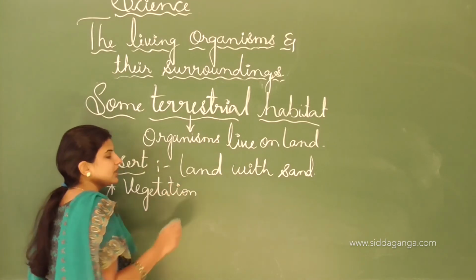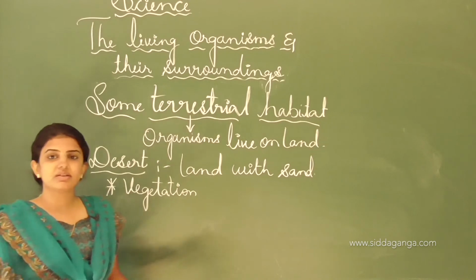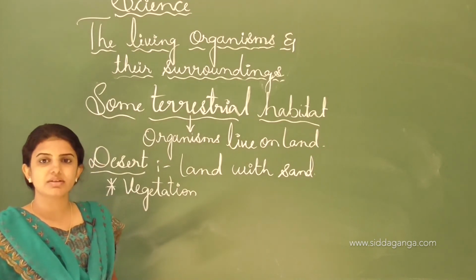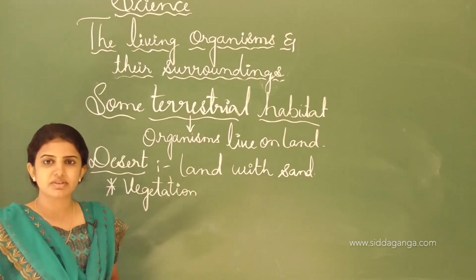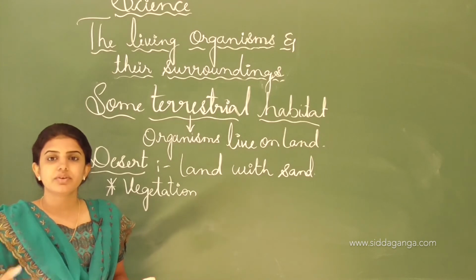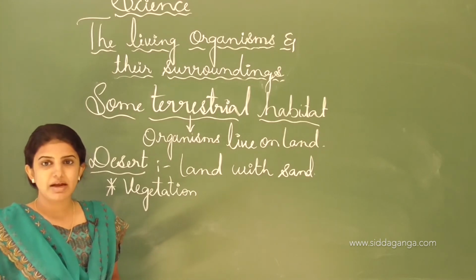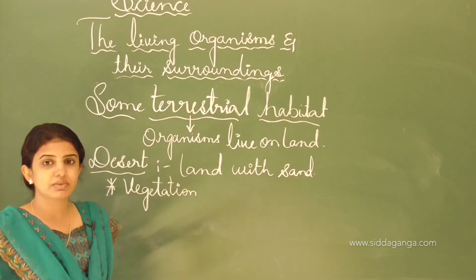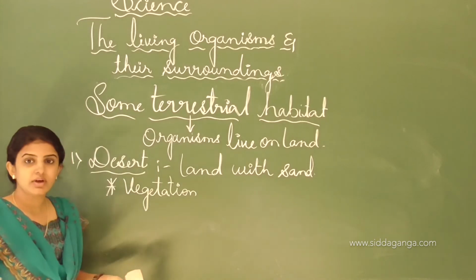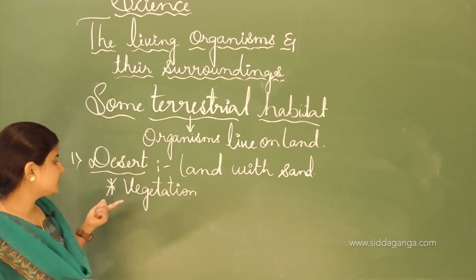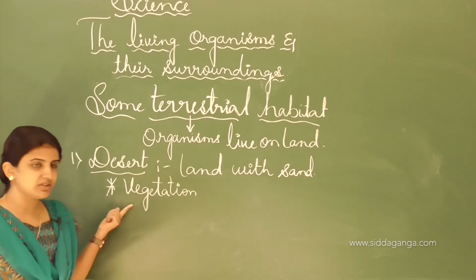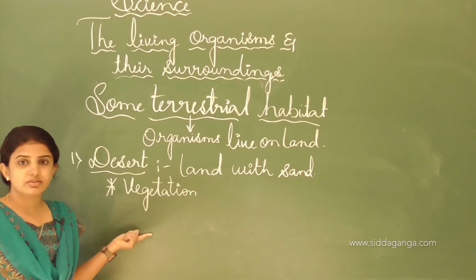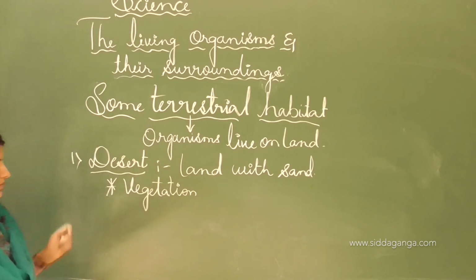We can see small plants present in the desert region, a few plants, not like those in a forest. In the desert, sometimes vegetation is present in a little way, or sometimes no vegetation will be present,